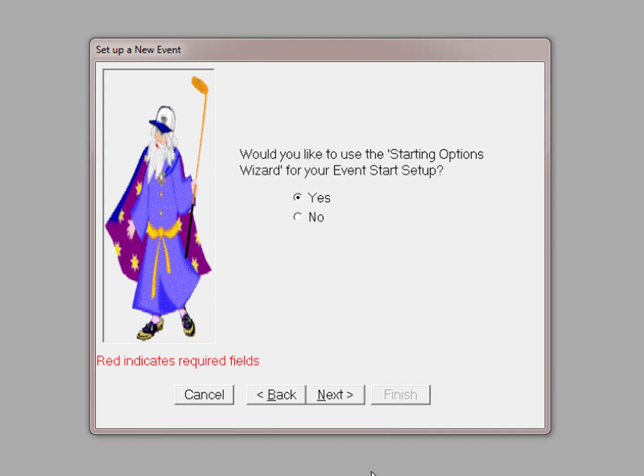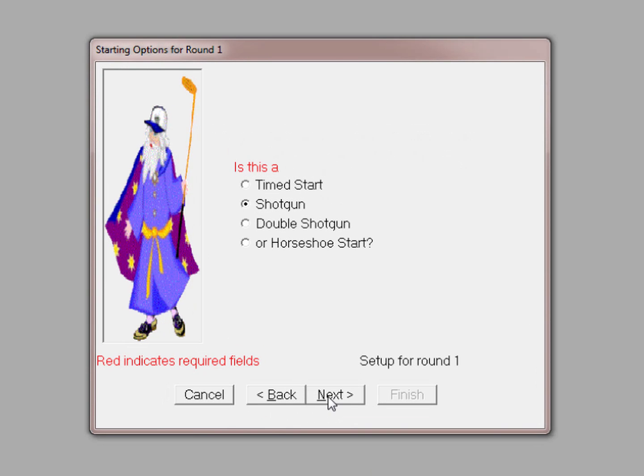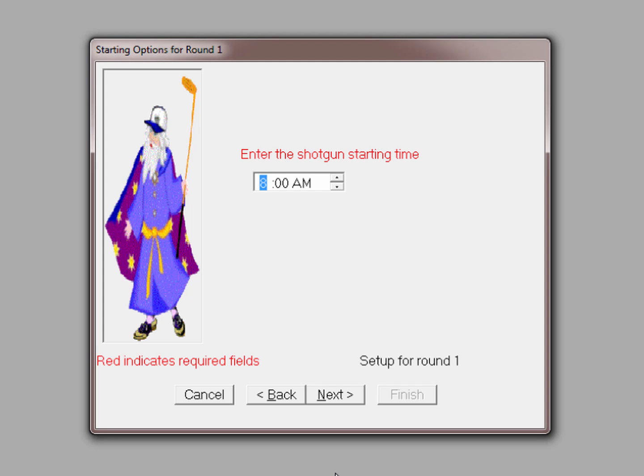You will then be prompted to set up the starting options for the event. Answer yes to proceed. Here you can choose the start type, whether it's a time start, shotgun start, double shotgun start, or there's an option for setting up a reverse shotgun or horseshoe start. For this event, we'll just use a shotgun. Set the starting time for the event,